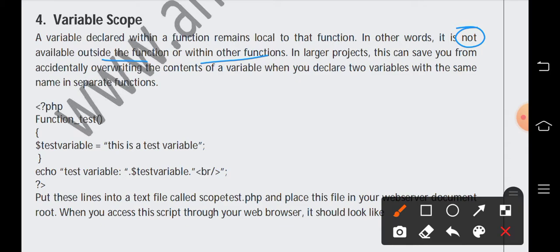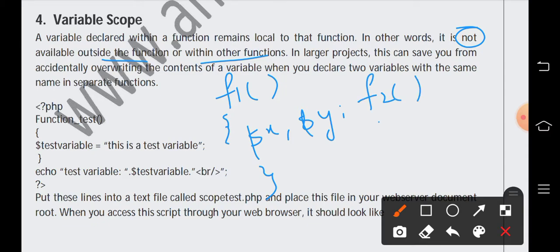For example, suppose we have one function f1, and in this we are using two variables, x and y. Then we have another function called f2, and in this we are using p comma q.